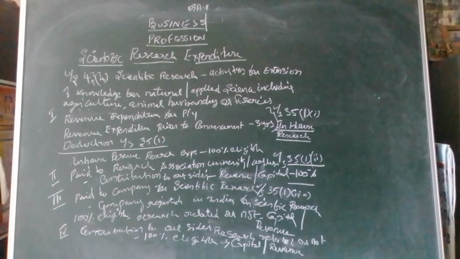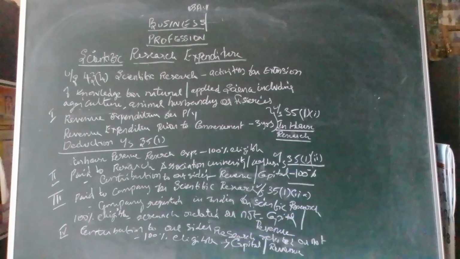Then the fourth point we should know. In the third point, the prerequisite condition is that the company should be registered in India. It should not be a foreign company. It should be an Indian company registered in India, and then we can claim the deduction. Then the fourth point is contribution to an outsider, research related or not. Whether that research is related to you or not, and whether the nature of expenditure is capital or revenue, that is also 100% eligible. One common factor you can identify in all these for easy understanding: